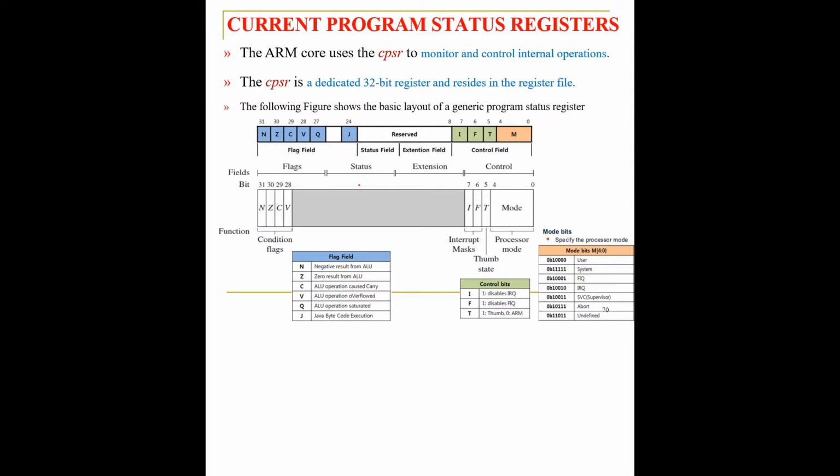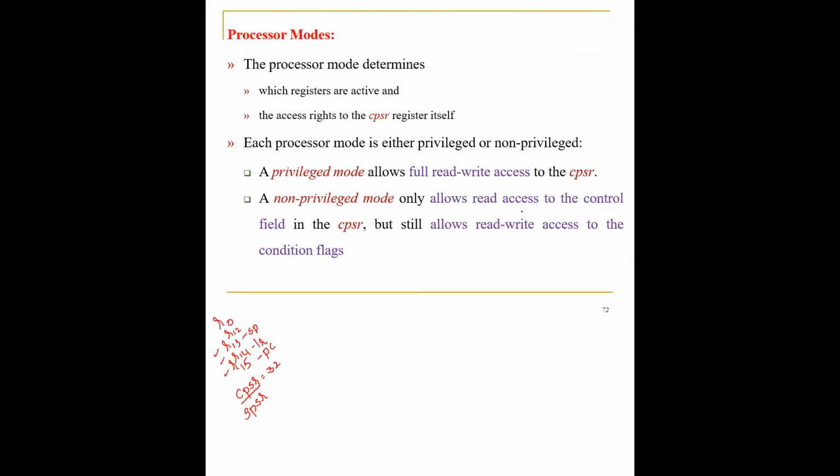Now, when I speak about the processor modes, there are 5 bits in this particular mode register. Based on the value filled in this mode field, the processor will work in different modes. What those different modes are is what we are going to study in today's video lecture. So that is what the processor modes are all about.